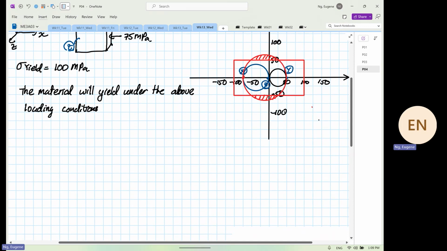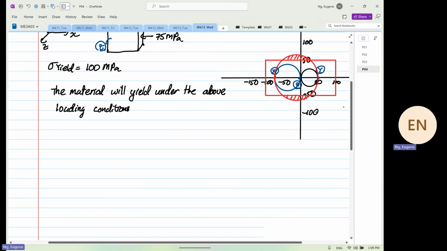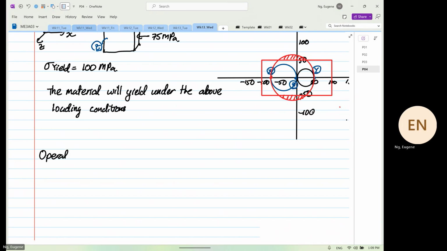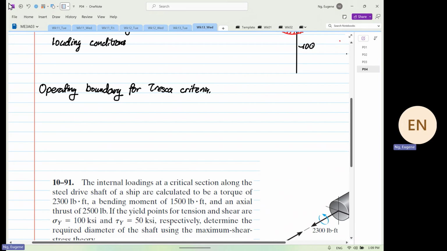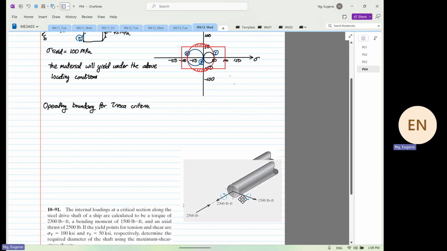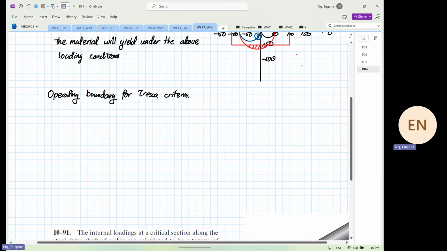Okay. So next, I'm going to sketch the operating boundary for Tresca criteria. Now we are going to draw a different box or different diagram. So on this diagram,